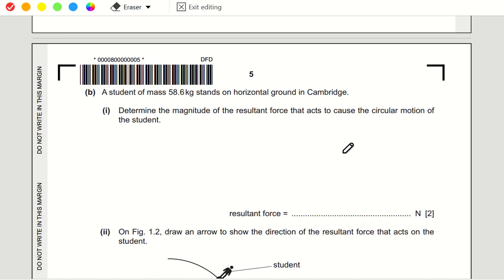A student of mass 58.6 kg stands on horizontal ground in Cambridge. Determine the magnitude of the resultant force that acts to cause the circular motion of the student. Okay, so we know that FC equals mv squared over r. We have here m, we have v,